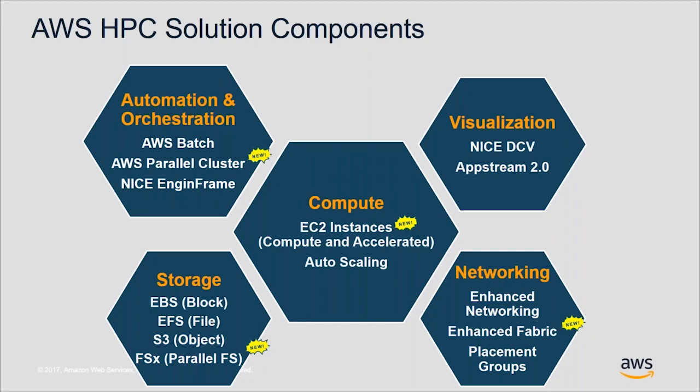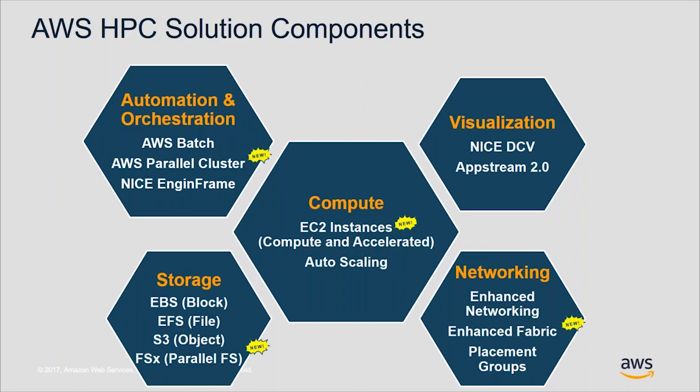Specific to HPC and how that enables our partner CMG, technical workloads like ResSim continue to push the bounds of exploration. And as part of our commitment to address the challenges of these computationally intense workloads, AWS continues to innovate new services for HPC on behalf of our customers. At the center of running all these HPC workloads with CMG on AWS is Amazon EC2, or the Elastic Compute Cloud. With more instances optimized for different workloads than any other cloud provider, we're excited to work with CMG to evaluate our C5N compute instance, which I mentioned earlier, which supports up to 100 gigabit of connectivity, and to AWS storage.